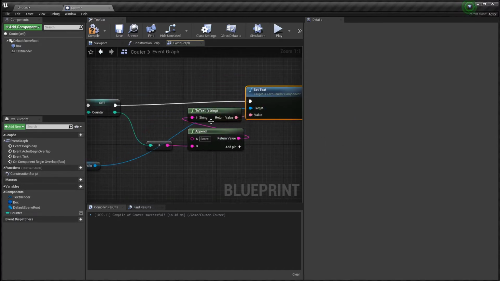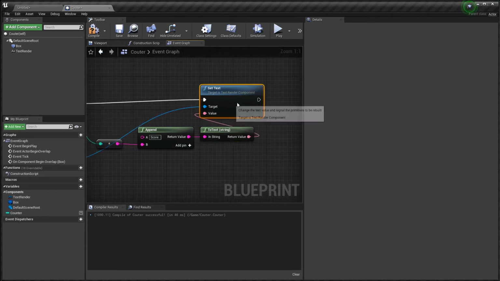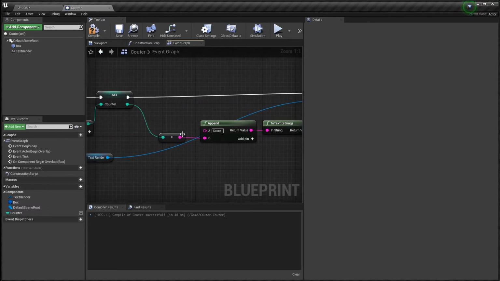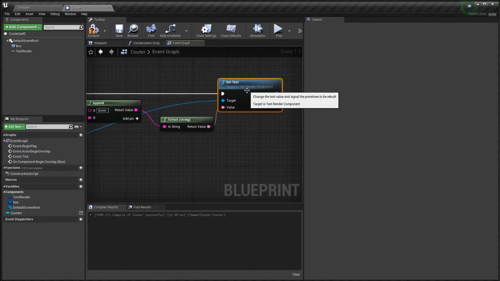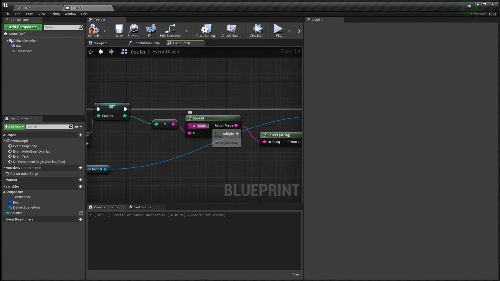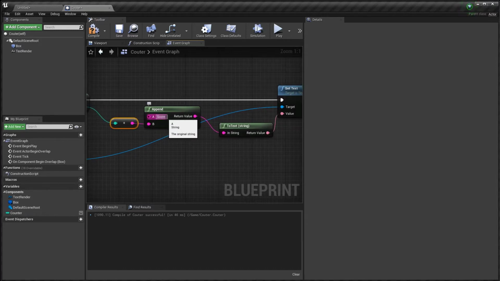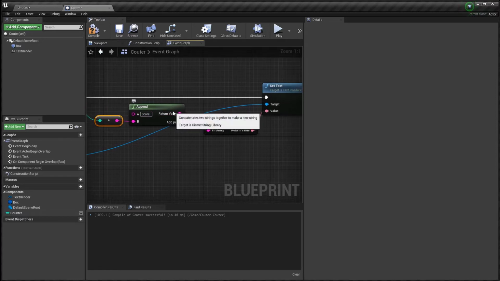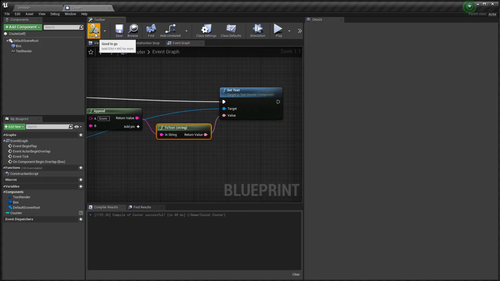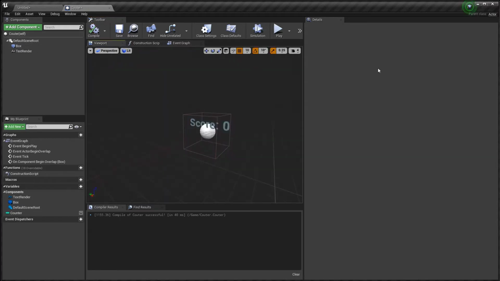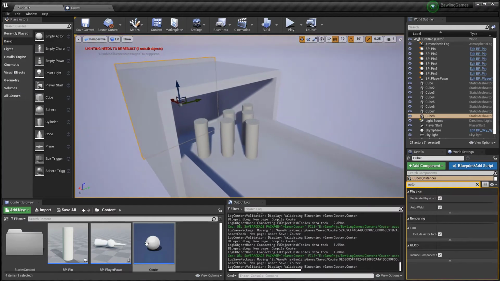There's going to be another conversion to convert string to text. Those are just some combination of number append with a score. So score, and then we got the number there, right? That's going to show score and then how many pieces we have, and that's going to convert it to a text, which will then be set to the text which is written in here. Okay, compile, save that, and then I'm going to drag this guy in